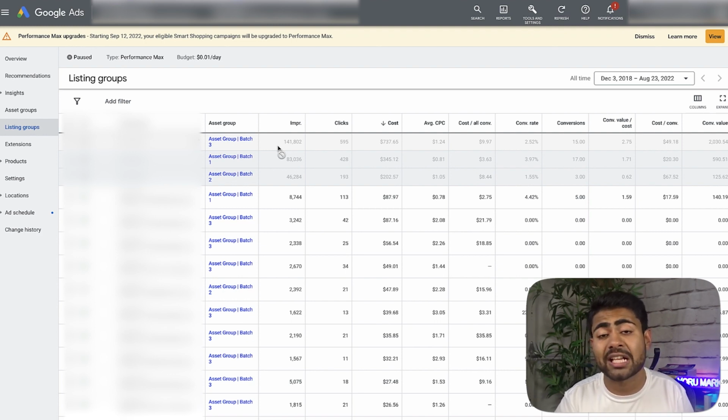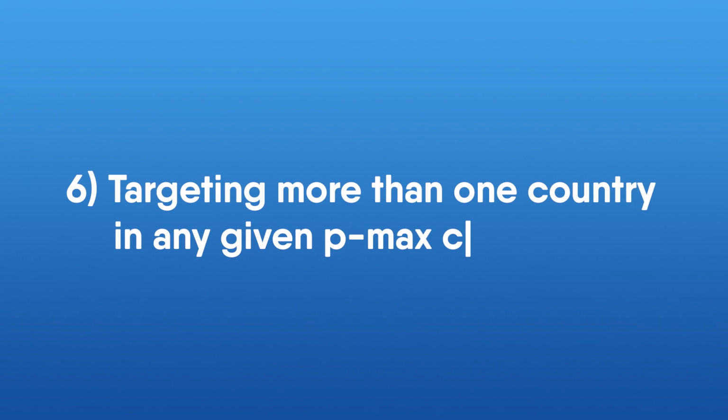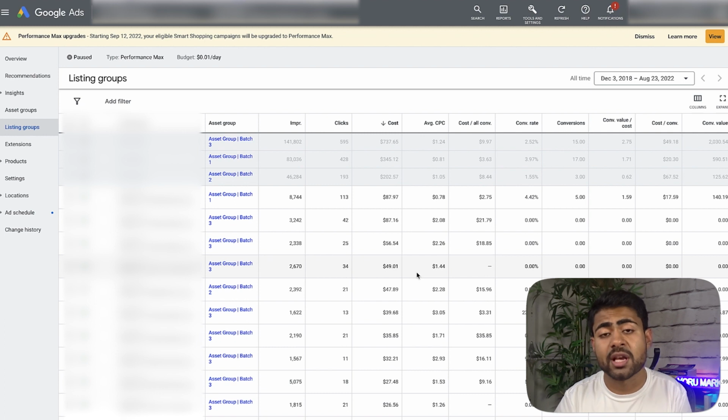Moving on now to our second to last way to destroy a PMax campaign, and that is through targeting more than one country in any given PMax campaign. I mean, this is pretty self-explanatory. A Performance Max campaign runs on data. That's essentially what it is. It's gonna run only on all of the data points it gets fed through the spending it does within your campaigns. And you don't want to make its life worse by adding more countries, because one thing you want to